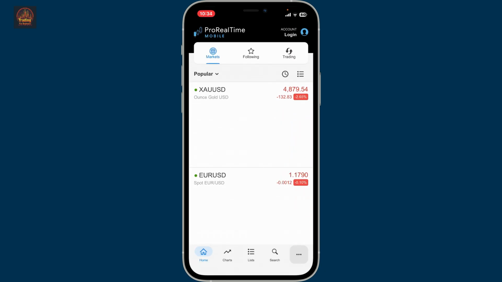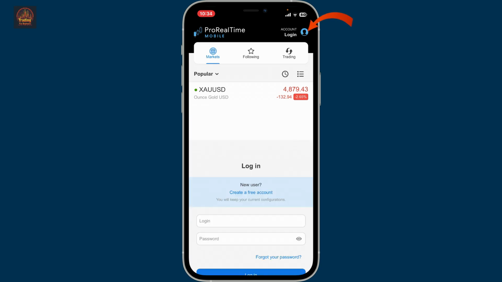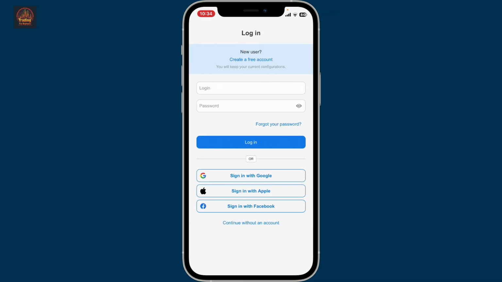Now you'll be able to see this tab where you'll need to go to the top right and tap on the human icon, and from here you can go ahead and create a free account or log into an existing account of yours. So that is how you can easily get the ProRealTime app installed on your smartphone,